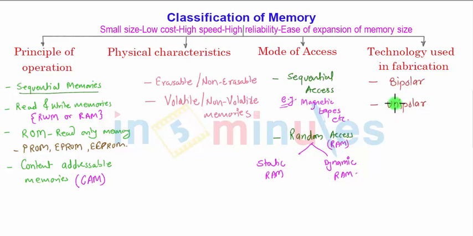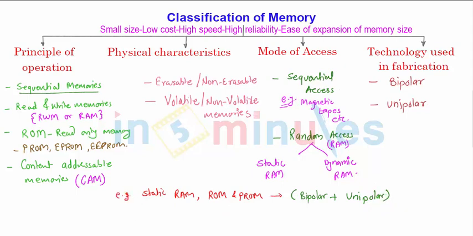So for example, I can write down here, for static RAM, read-only memories and programmable read-only memories, these can be fabricated using both the technologies. So they can be fabricated with the help of both technologies. So you can call it bipolar, plus this kind of memory may also be designed with the help of unipolar technologies, that is nothing but the MOSFETs.